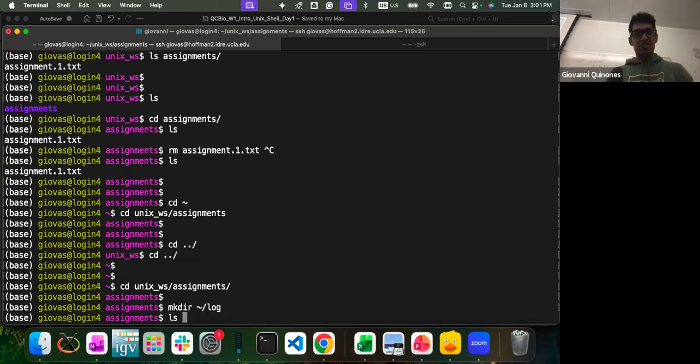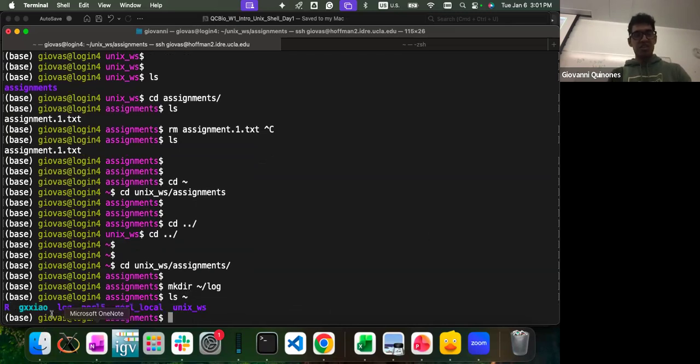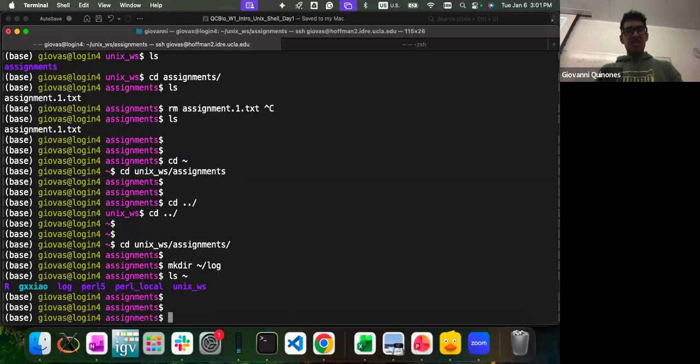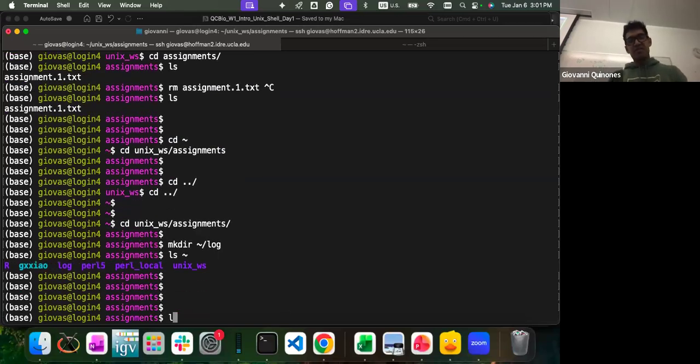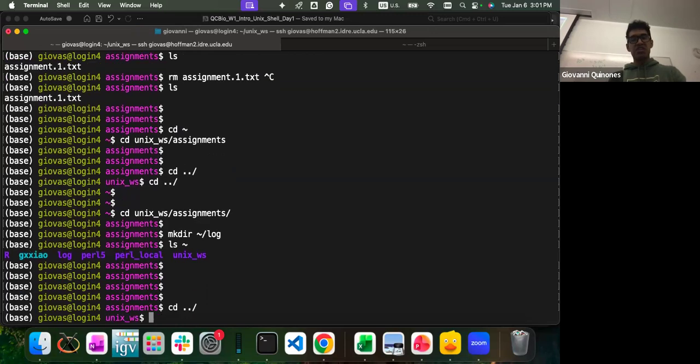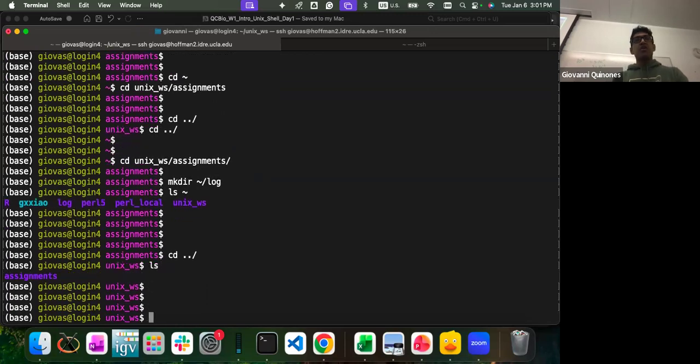Okay, and now if I go to my home directory, I should have my log folder over here. Now, same thing. Right now I'm in the assignments folder. I'm gonna go back to Unix. Okay, what if I want to create my second assignment, but I don't want to have to move back and forth across directories?